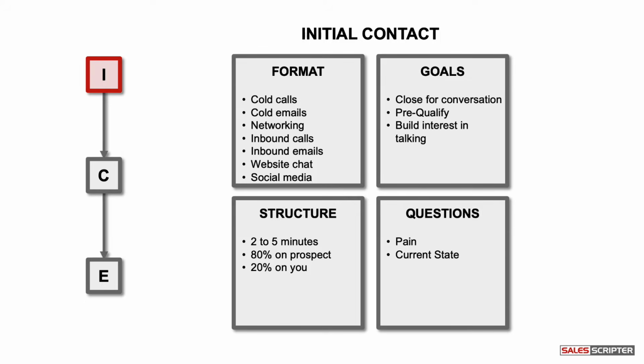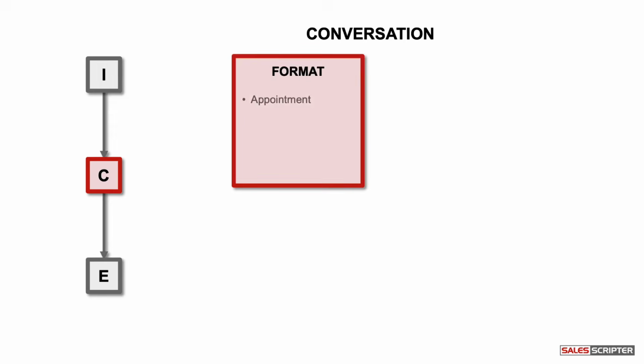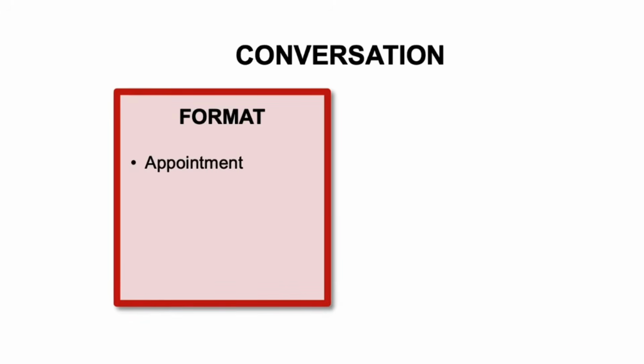Ideally, at this point, we're either closing the prospect on talking more and moving to the next step, which is the conversation, or we're agreeing that it doesn't make sense to talk more and closing the file and moving on to find better prospects to spend our valuable time with. But for the prospects that we successfully close for talking more during the initial contact step, those prospects will then progress to the conversation step of the sales process, and that can typically look like having an appointment with a